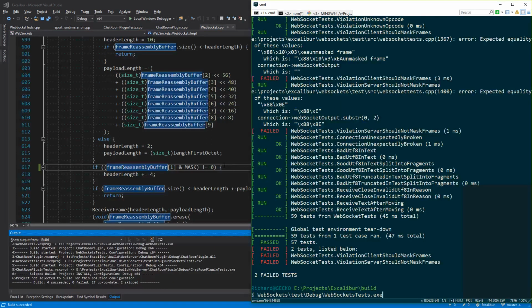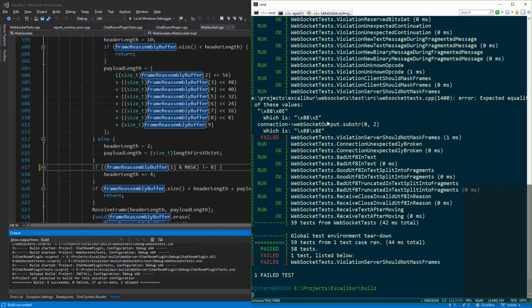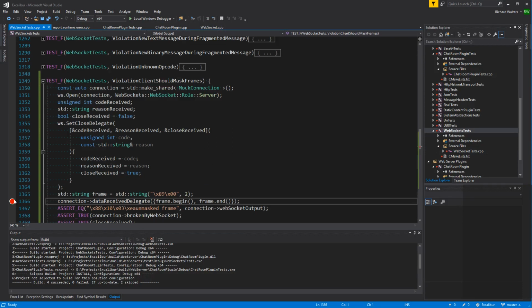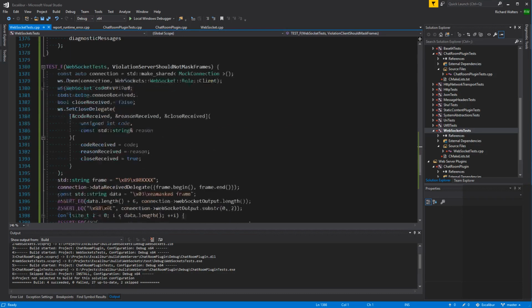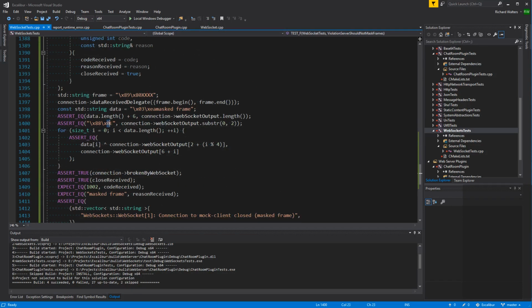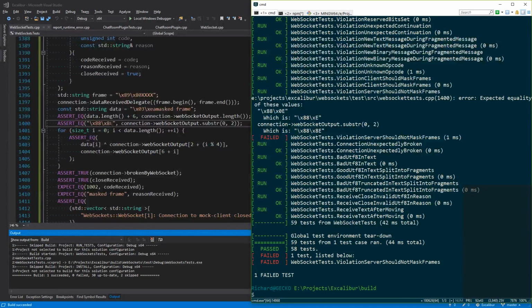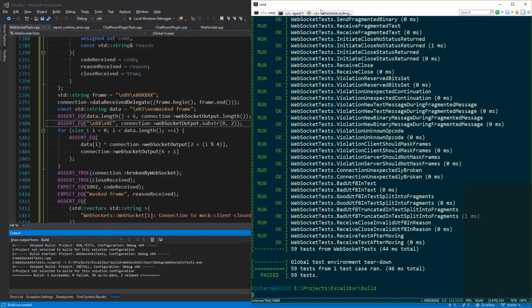That's what it should do. Okay, there we go. So the other one, oh, okay, yeah, the mask bit should be set when we're in the client role. Yeah, mask bit, there. Cool.